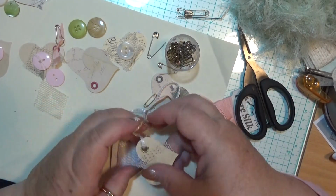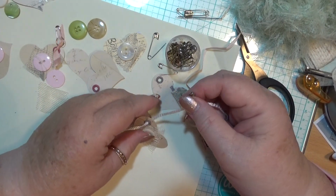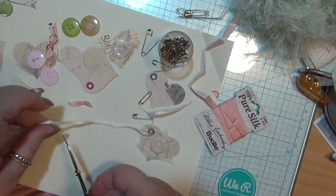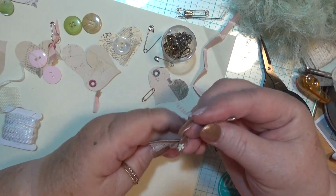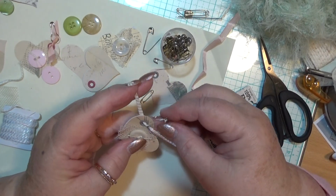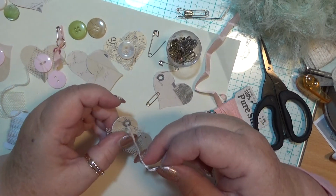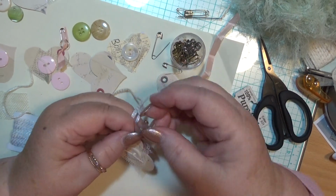Rightio. Still got it connected, but I wanted to see how long it's going to be. We need to see how long it's going to be. You know, I should have probably threaded it on this side, because I want it to be at the front, don't I? We'll just take it out of there, put that through there like that, and you got your pin on the front, okay? First of all, you got to tie up your pin though. Tie your pin up first. Oh no, I want it through there as well, don't I? I keep getting myself confused here today. That might be just every day. And if I close it,